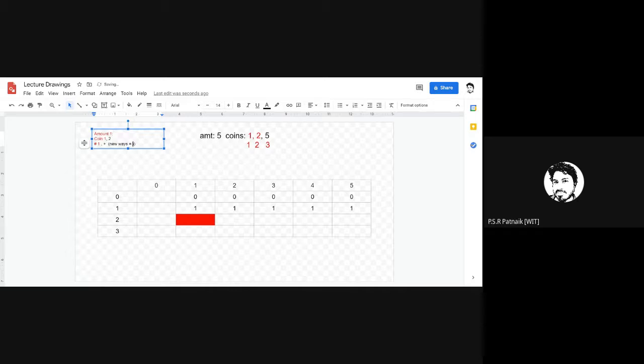So what is the solution to this problem? The solution to this problem is 1. So this 1 is taken here as it is. So this 1 here, from where did it come? It has come from your earlier sub problem. From here it has come.